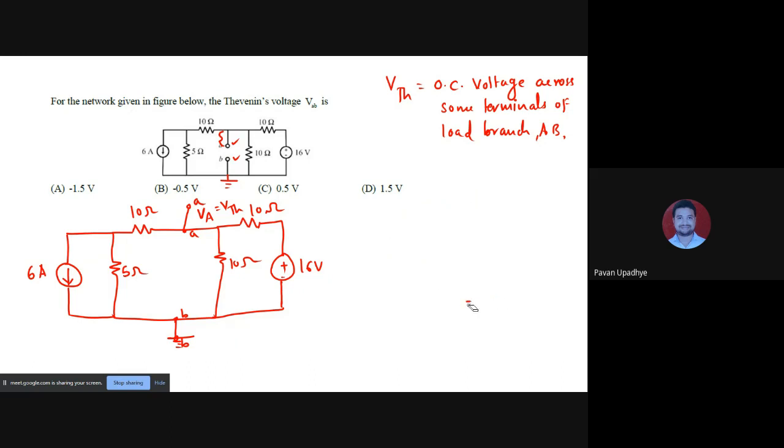Now, as I said, whenever you want to find voltage, it is as good as finding voltage VA at node A. Your choice should be, because we are finding voltage, we can use nodal analysis. And for finding current, we use mesh analysis. So if we apply